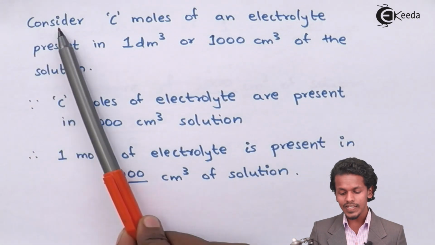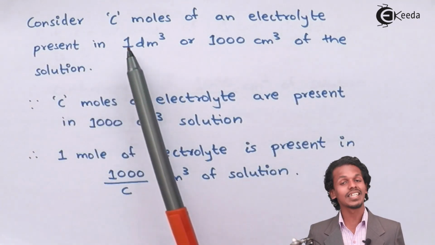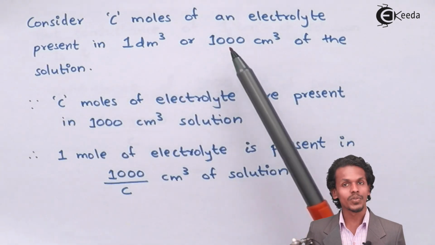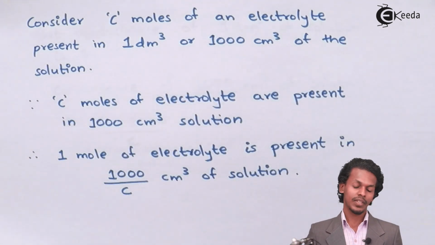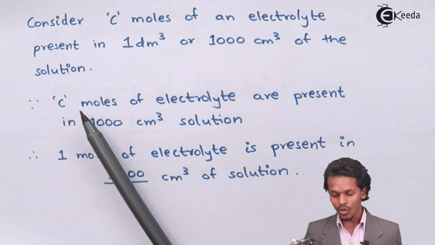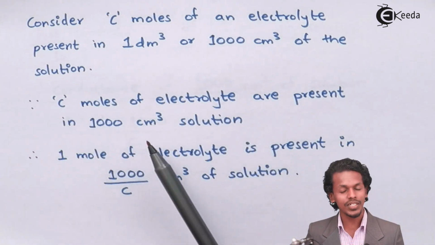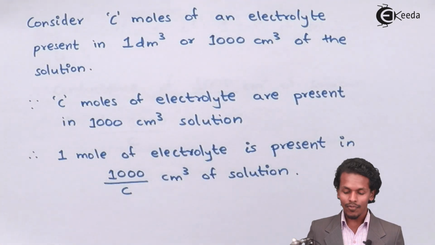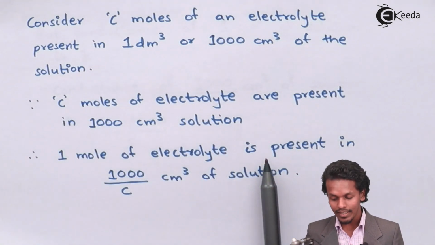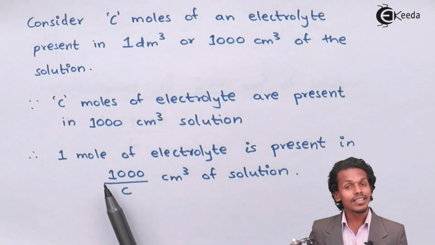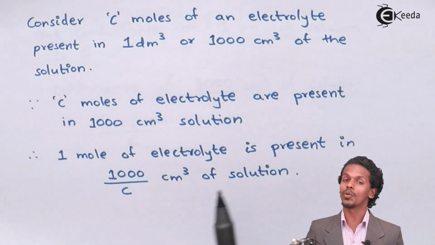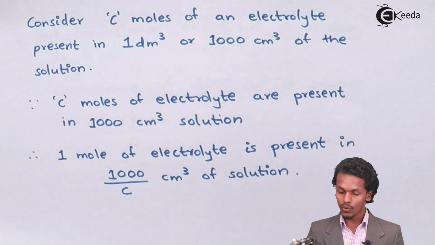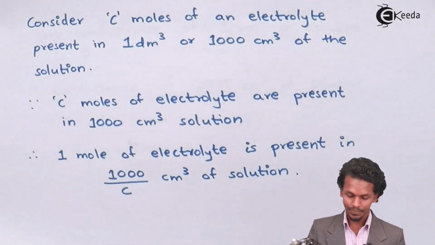Suppose we consider C moles of an electrolyte which is present in 1 dm cube, which can also be written as 1000 cm cube of the solution. Since C moles of the electrolyte are present in 1000 cm cube of the solution, therefore 1 mole of the electrolyte will be present in 1000 divided by C cm cube of the solution. So for that instance, we could relate the further thing as,